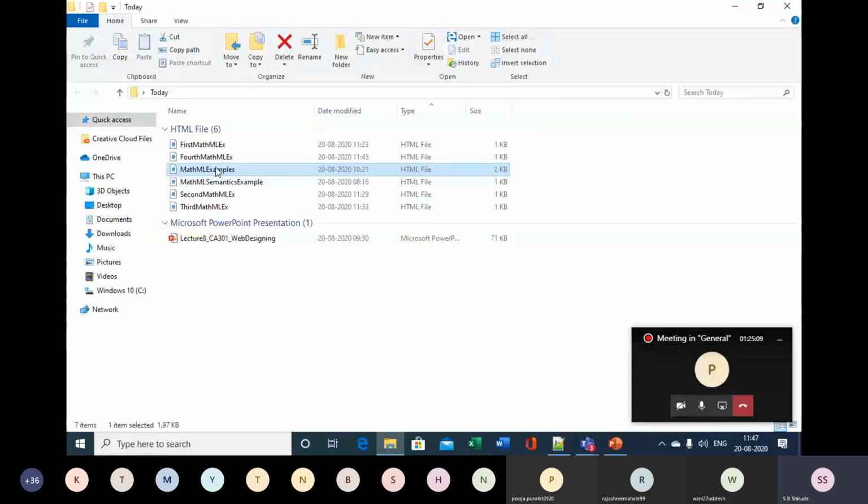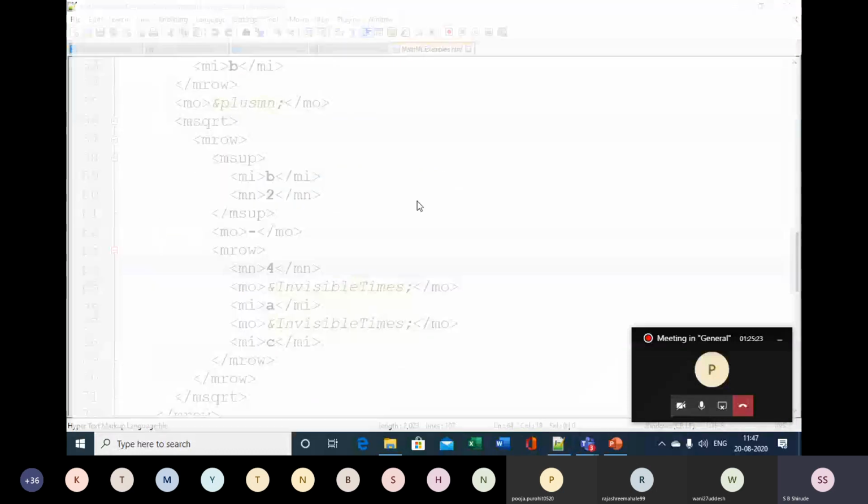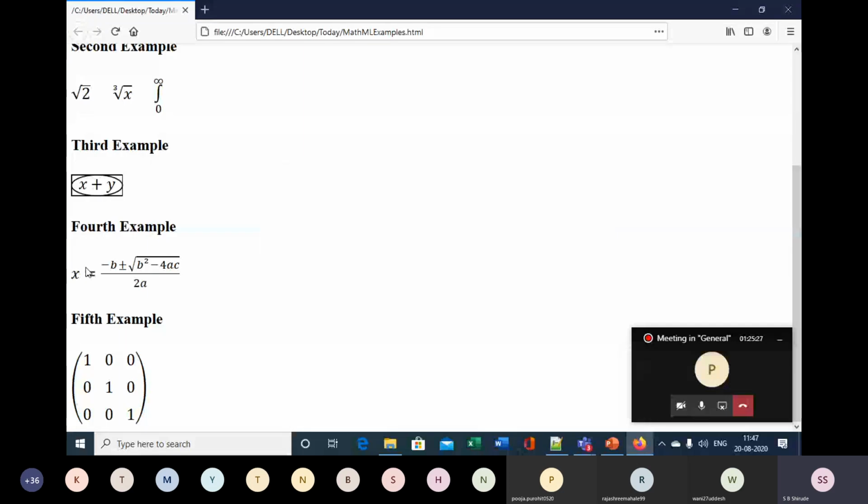So see here, if I run it in Firefox, you will see here one equation for the example, x is equal to minus b plus or minus under root b square minus 4ac divided by 2a. The same we have typed over here in the fourth example, but due to that closing of the mrow, I think there is some problem.